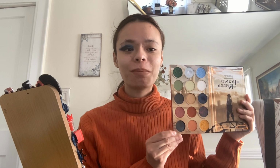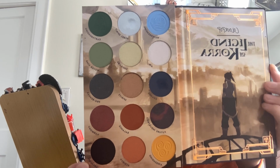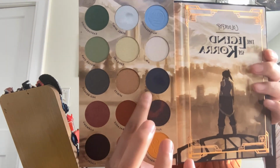Guys, and I will be doing a look with this Colourpop palette. It's the Legend of Korra palette. You've seen this color story yesterday when I did the unboxing video and the swatches for most of the things, except I did not swatch the palette. So the first shade we are gonna go into is the shade Change, and it's just this dark navy blue